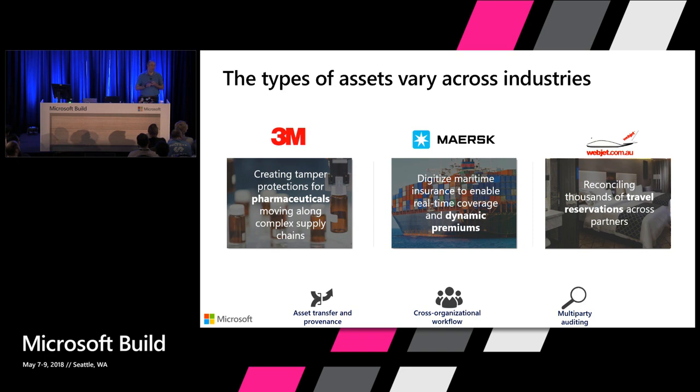And then if you look at Webjet, it's a travel company, and you can book hotel rooms through their website. It ends up that those hotel rooms flow through this supply chain, where you've got hotels selling to distributors who sell to aggregators, who sell to travel agents, who sell to customers. And those hotel rooms are represented in blocks and paper contracts, and the paper contracts have complicated terms and conditions, and every once in a while,